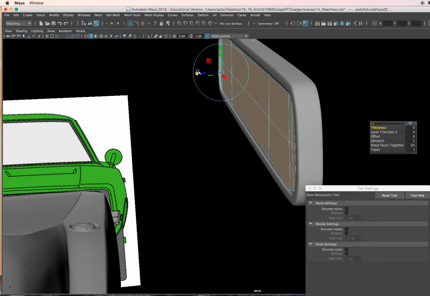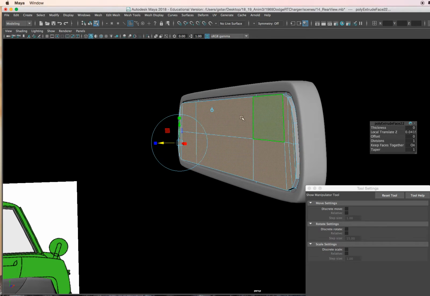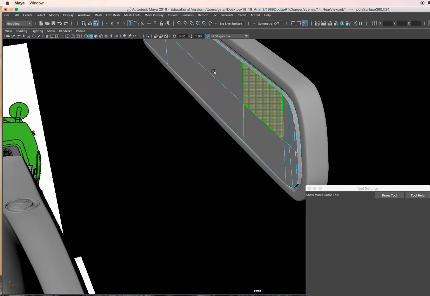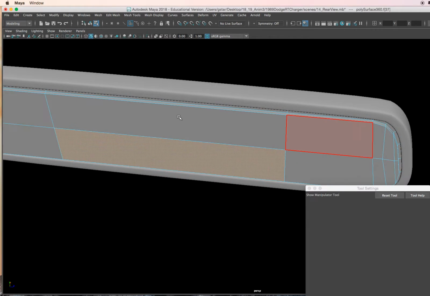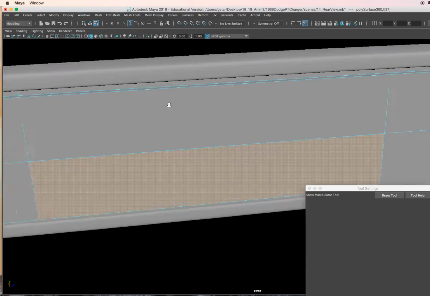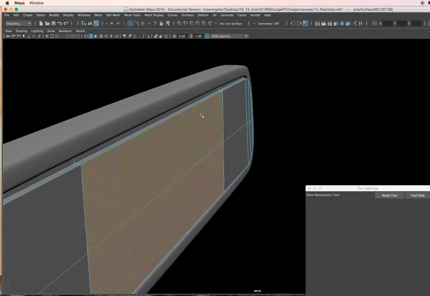Control E, move it up like this, and from here, these two faces,